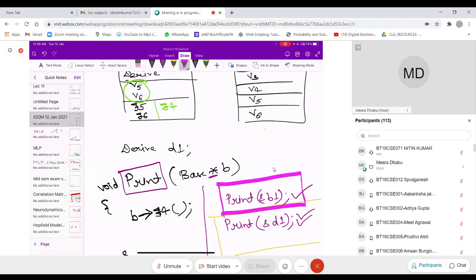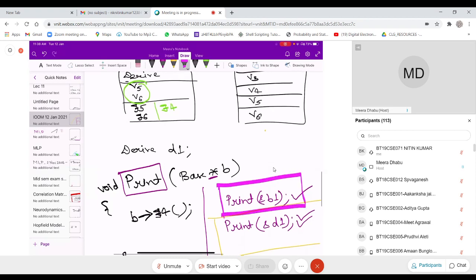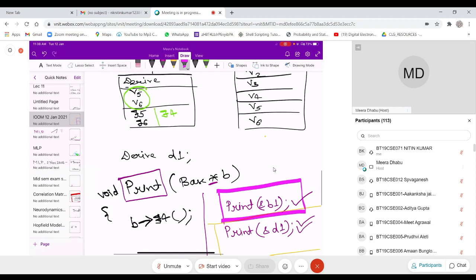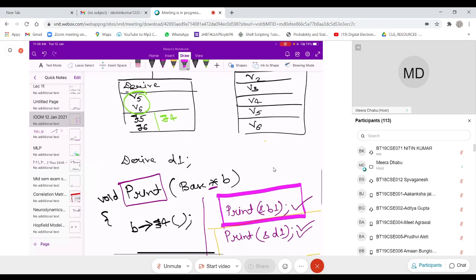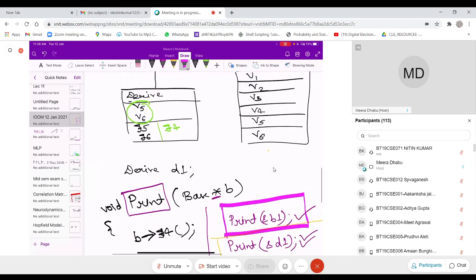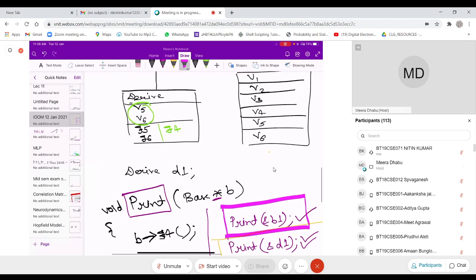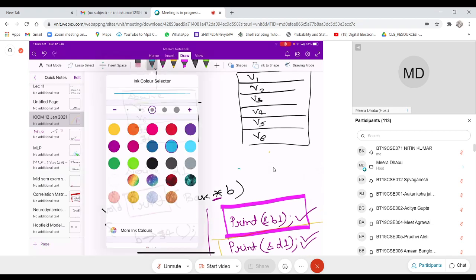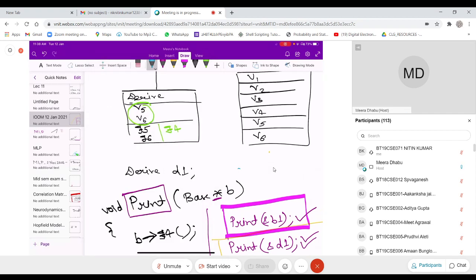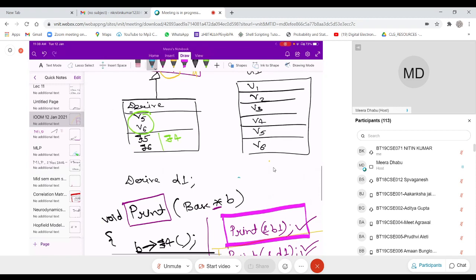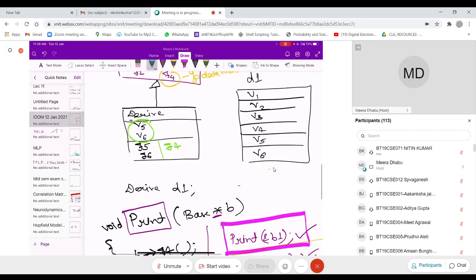But just now I said that the base class pointer can also accept an address of the derived class. Now here d1 is an object of the derived class, which has these two additional data members.